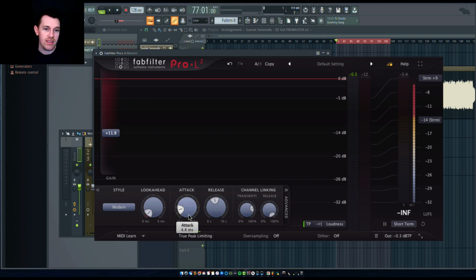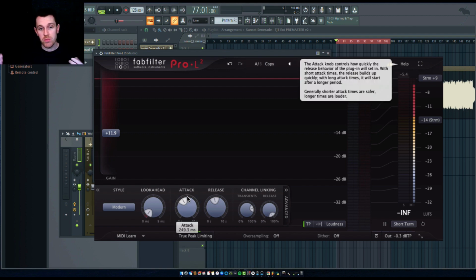The faster the attack is, the more work the limiter is doing. It grabs onto the peaks faster. It's having to work harder because it's reacting faster. We're going to hear the effect of the limiter more and more the faster the attack is. And in the case of attack on a limiter or any sort of compressor, what you're going to hear as we pull it down is the dynamics of the track, in the master in this case, being controlled a lot. We're actually going to hear a lot of the peaks